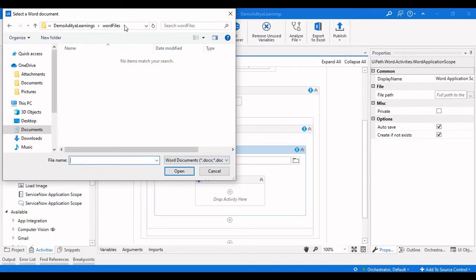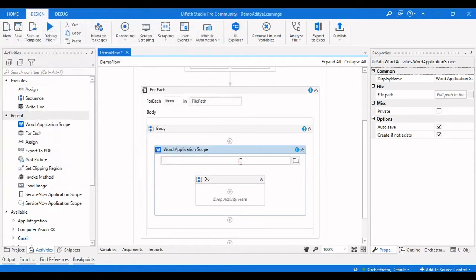So let me copy this file path here, Control C, and how I am going to create is I am going to create Word files with timestamp.